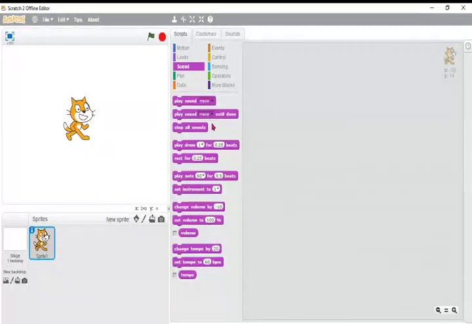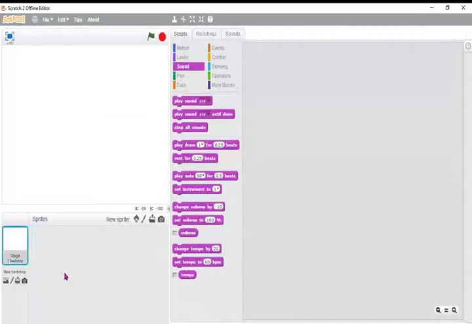And last year, do you remember, we created a small program which is there in sixth standard also. That's why I'm preferring it. The question is: a square drawn by a butterfly on the stage. So what do you have to do? What is the first step? Exactly, a butterfly, not the cat. So what do you have to do? Select the cat, right click, and click on the delete button. Then what to do? In the stage, what should we draw?